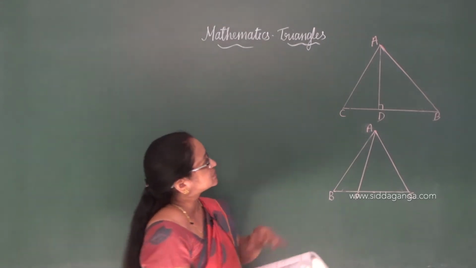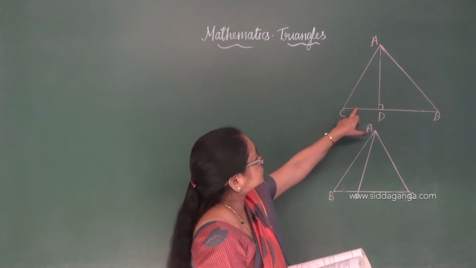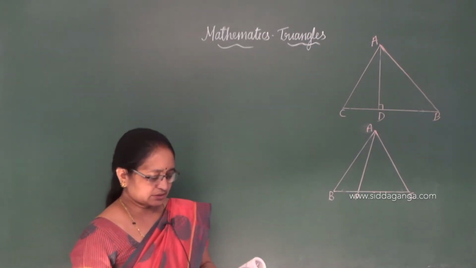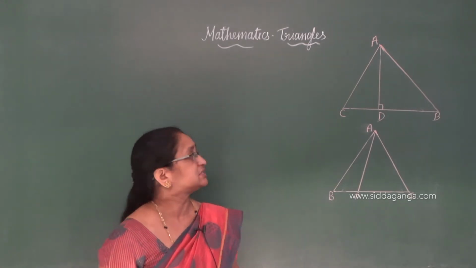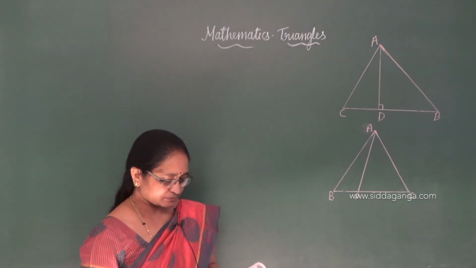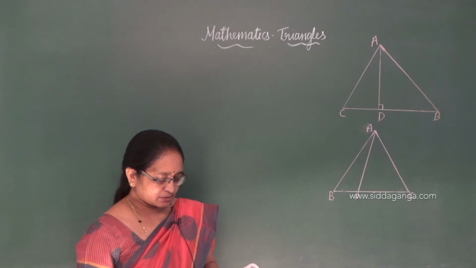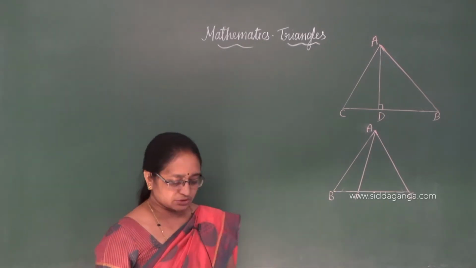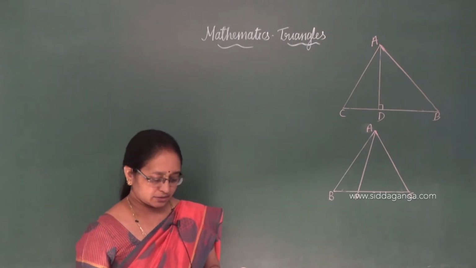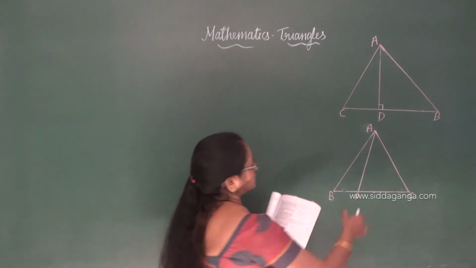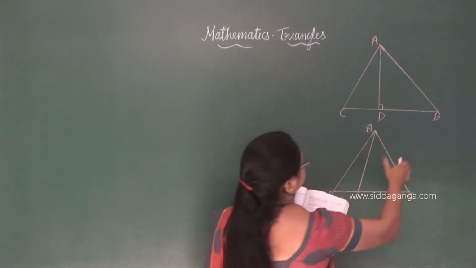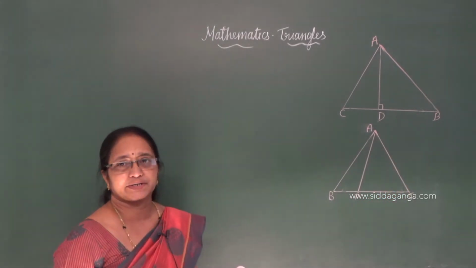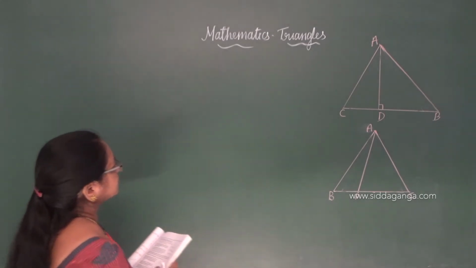See, now the diagram is drawn for you. ABC is a triangle such that perpendicular AD is drawn to BC and DB is equal to 3 CD. DB is equal to 3 times CD. Okay. Now,